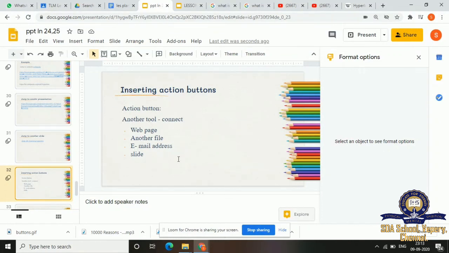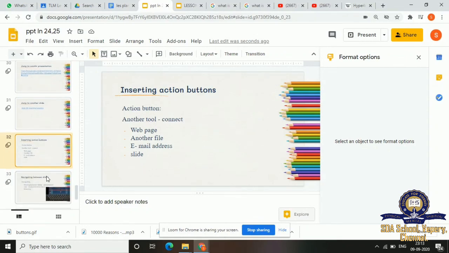The difference is action button will have a small button shaped button. If you click it, you will go to another web page or something else. But for hyperlink, the link itself will be shown. For button, only the button will be shown without the hyperlink. That is the only difference.